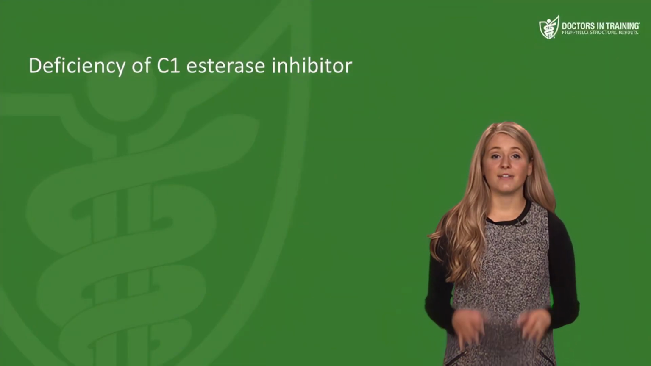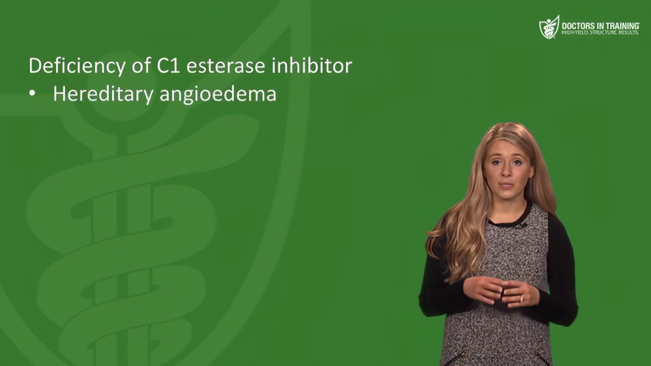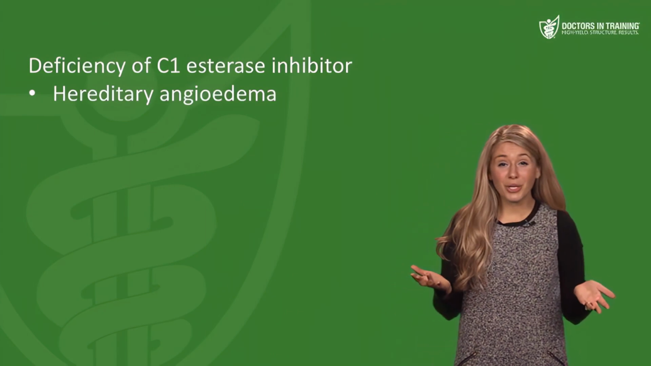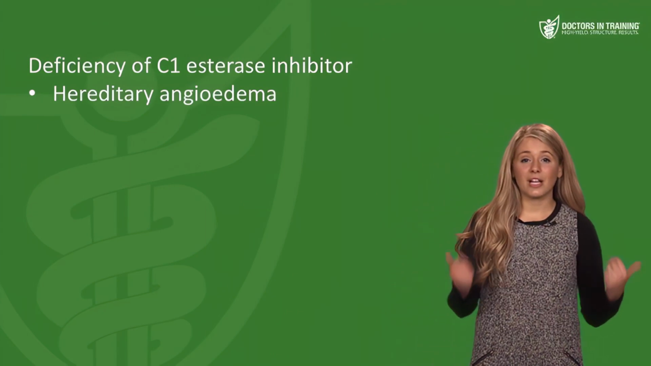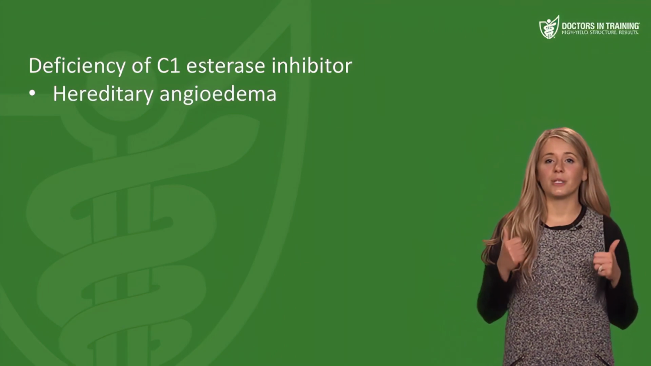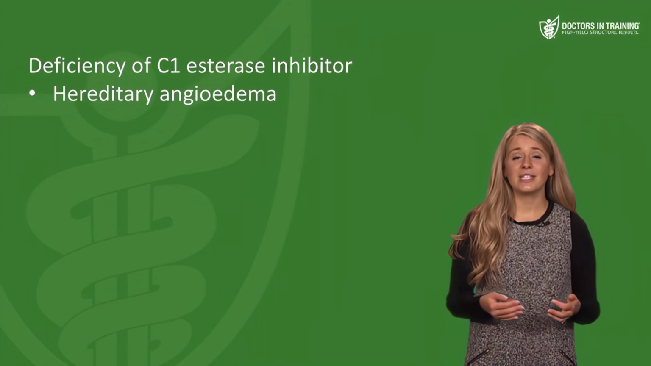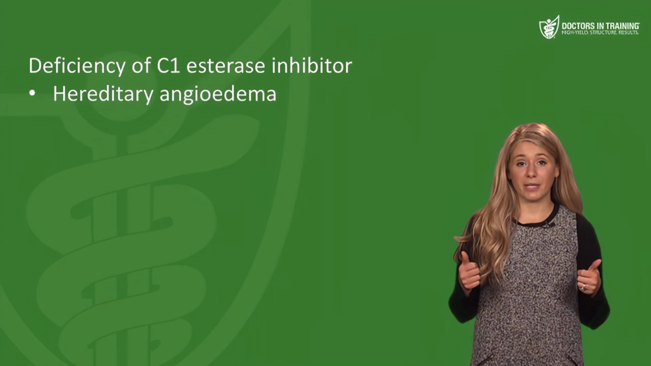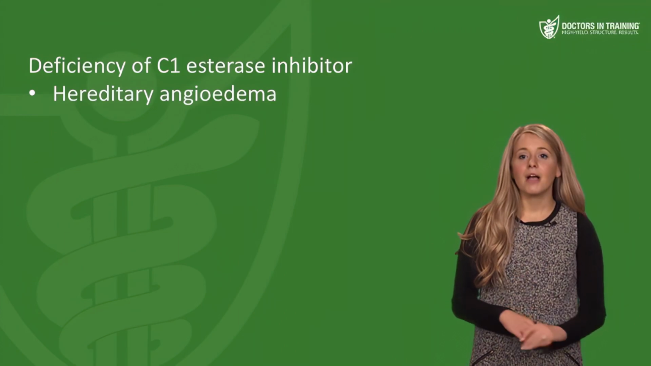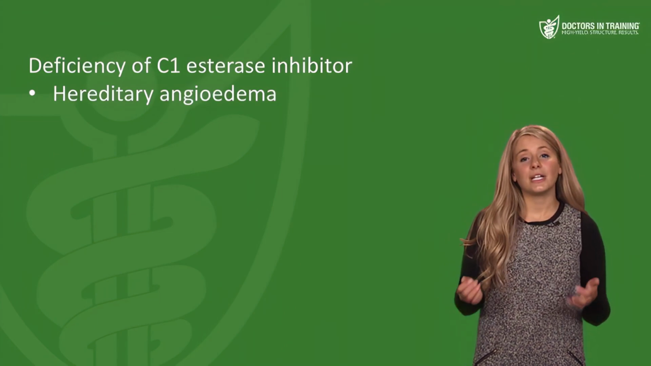If there is a deficiency of a C1 esterase inhibitor, that causes hereditary angioedema. We don't really understand how or why this works, but it seems to have something to do with an elevated bradykinin. Angioedema in general is bradykinin mediated, and somehow deficiency of C1 esterase inhibitor results in elevated bradykinin. And these patients should never take ACE inhibitors because ACE inhibitors also increase bradykinin level and can cause angioedema as